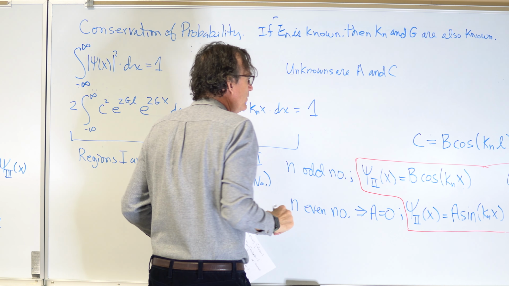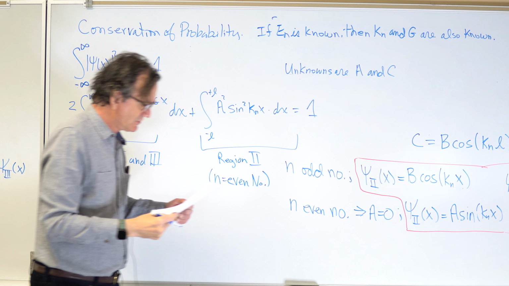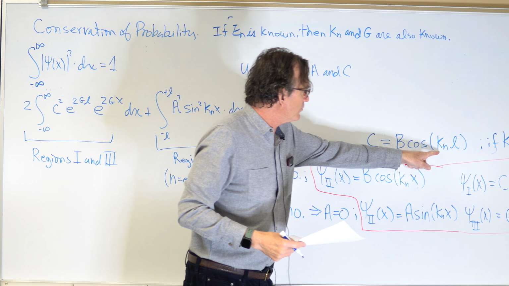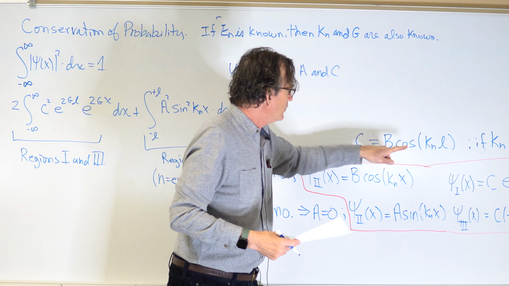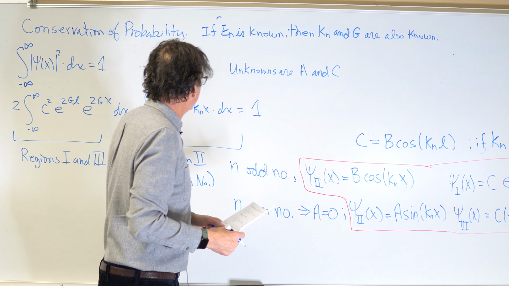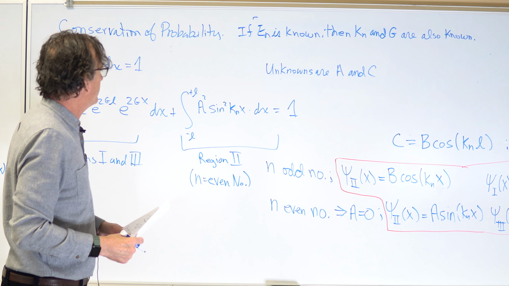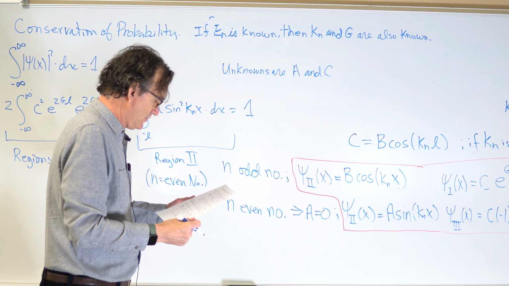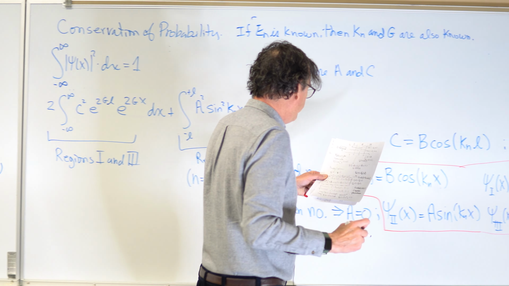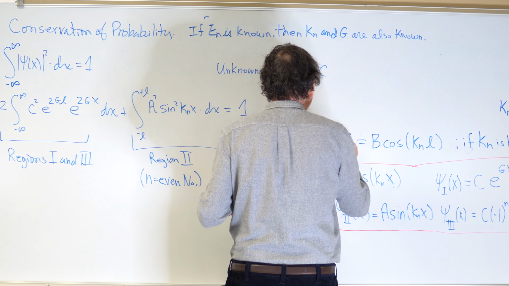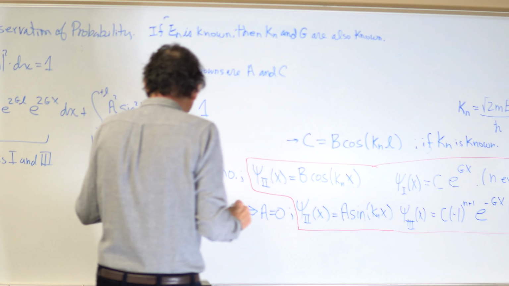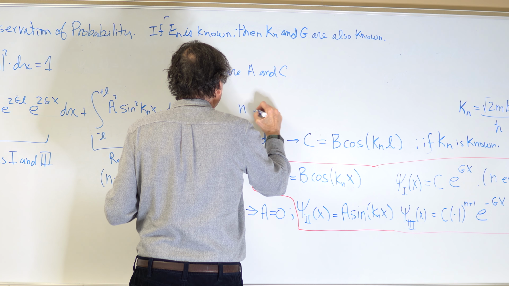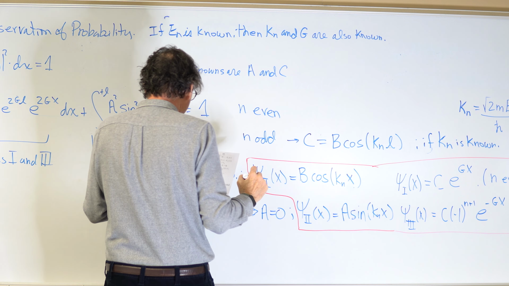And furthermore, we've just determined, and I hope I got the sign convention right here, that C is equal to B times cosine of Kn times L. Sorry, I was looking at the n odd function. So let me make sure I've got those numbers correct. Give me 1 second. Yeah, and this was B for n odd. So yeah, this is n odd, and for n even, which is the case we're doing right now,